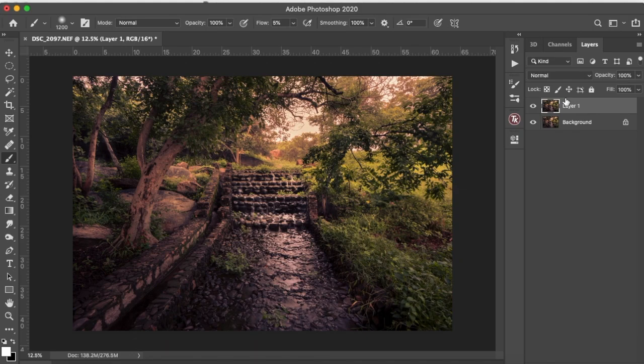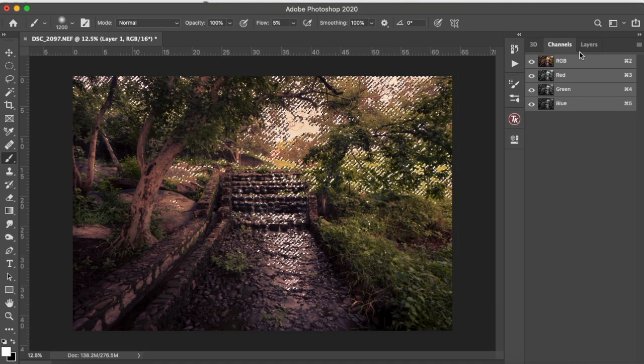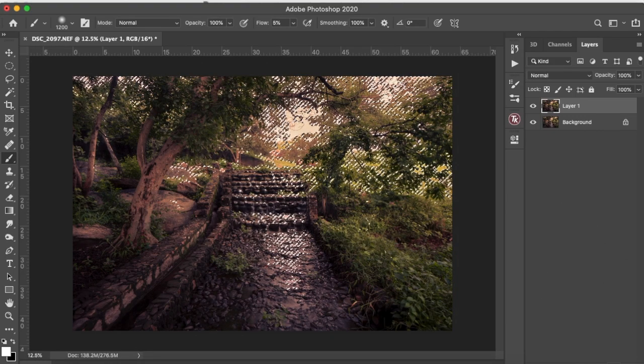So there are many ways dodging and burning is done. The way I prefer to do, you make a mask of highlights and mask of shadow, and if you go to channel, press Command or Control and click on RGB, it will make a selection of highlights. So by selecting highlights,